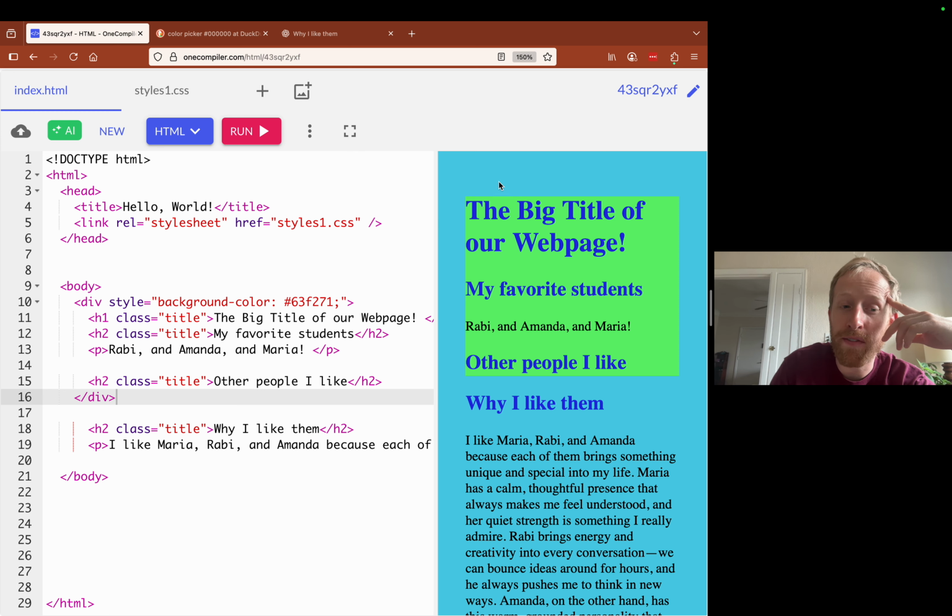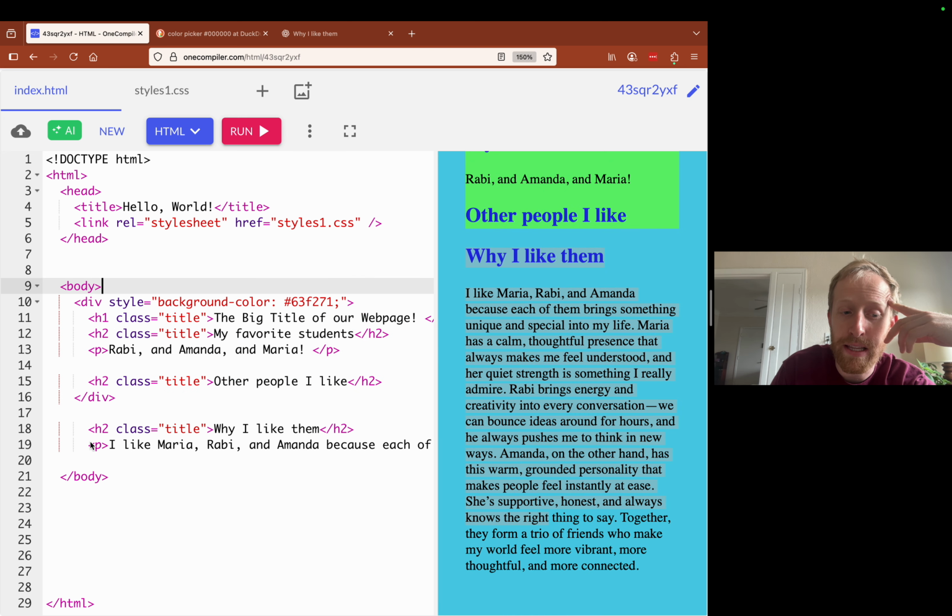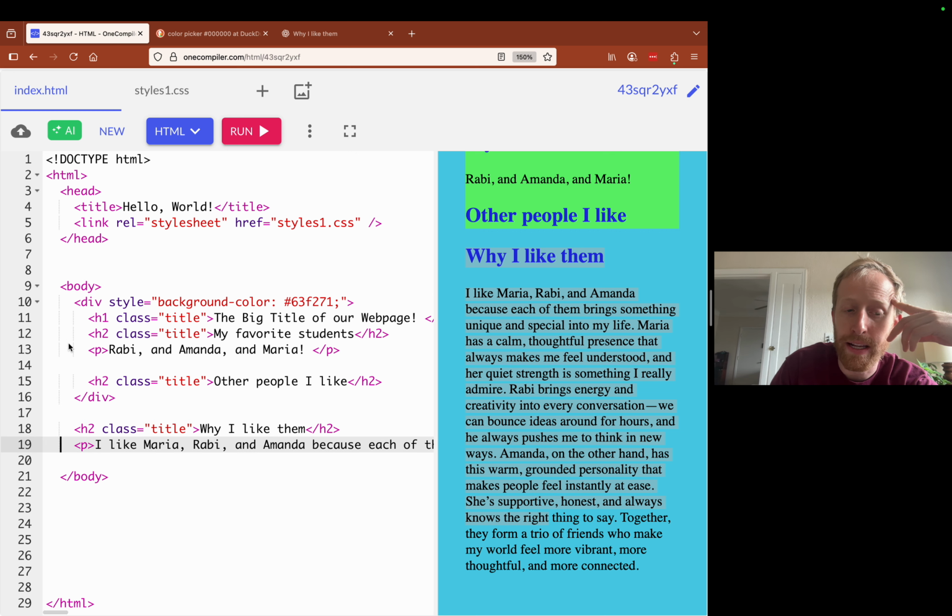So now what we've done is we have shrunk our box to just contain these elements. So now we still have a box here, but this box now just contains these elements, and it no longer contains these elements. So these elements are actually just contained in the body, right? Because they're the body opening tag, closing tag.